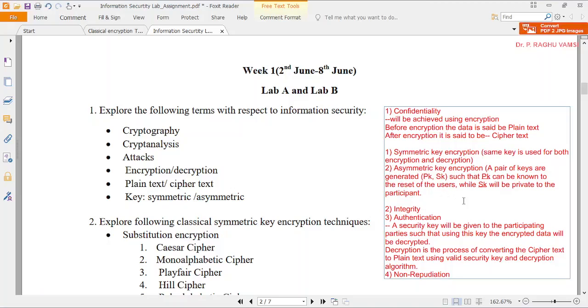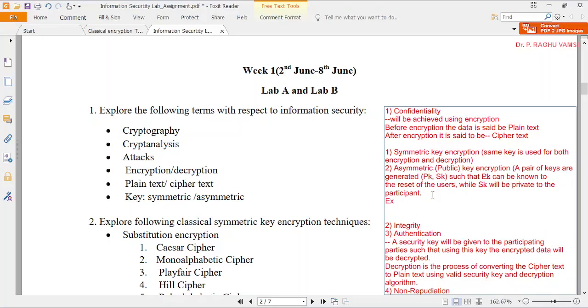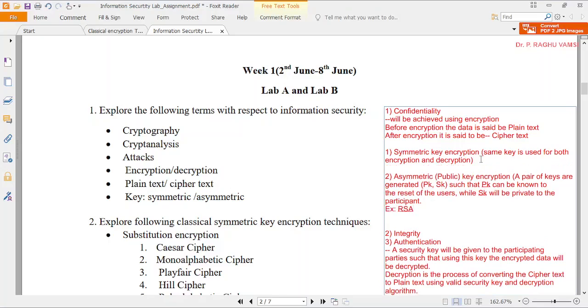So RSA is one of the popular public key algorithms, and we can also say asymmetric key algorithm. This asymmetric key encryption is also said to be public key algorithms. An example of this is the RSA algorithm. While coming to the symmetric key, there are very many algorithms available, like AES, DES. So these are the various symmetric key algorithms. Okay, I hope by this time you have got an idea of the encryption and decryption mechanism.